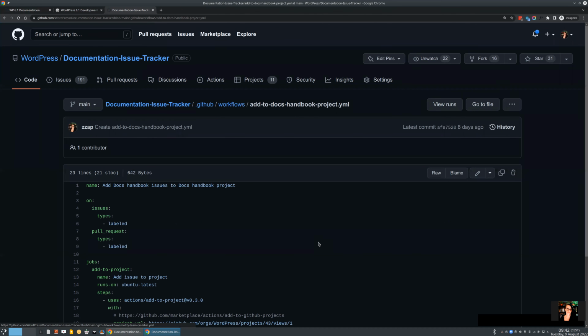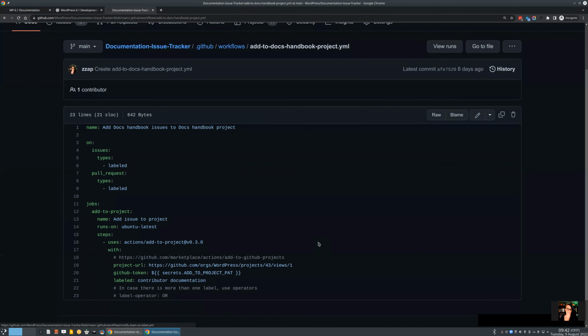This workflow is: when an issue is labeled with the contributor documentation label, it will be added to this project I created for managing work on documenting what we do in Docs, our processes. So that is the Docs handbook. I'm going to use this, and I have to change only a couple of things, the project URL and the